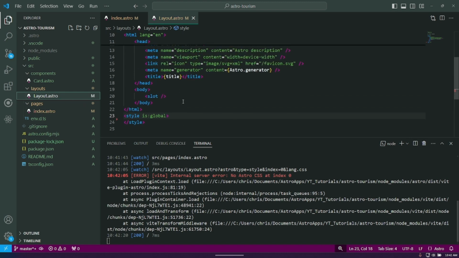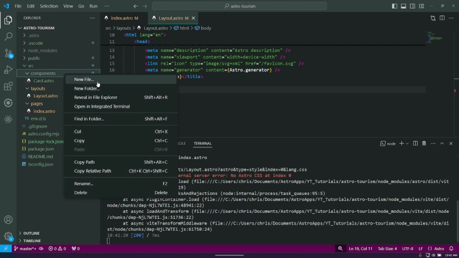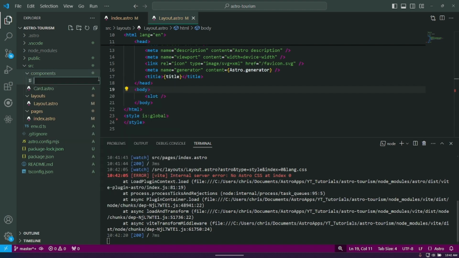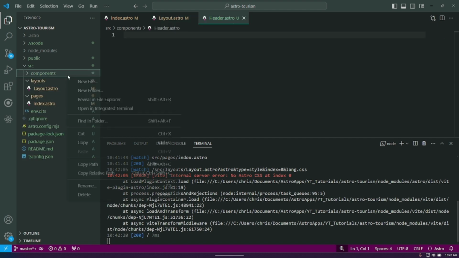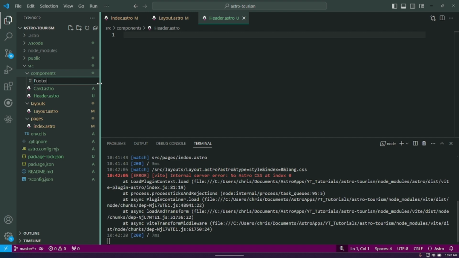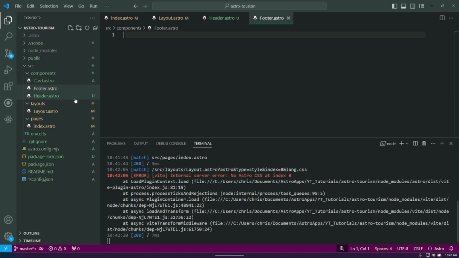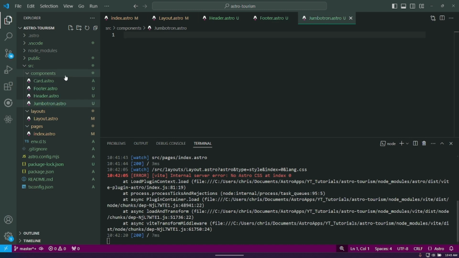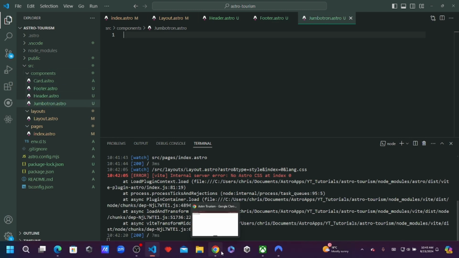And we said we wanted to have a header and a footer. So we're going to make a component and we're going to say new file. I'm going to call it header.astro. And we're going to make another one called footer.astro. We said we wanted a jumbotron. And we wanted